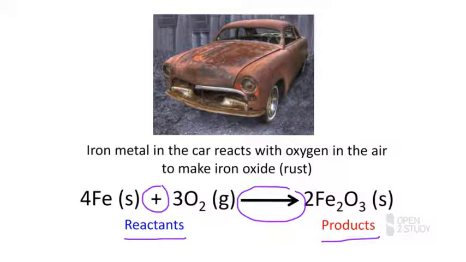When we're trying to describe the chemicals that are involved, we just use the molecular formulas that you and I have already spoken about in previous topics. So Fe, that's just iron atoms or pure iron metal. O2, that's the molecular formula for oxygen gas. And Fe2O3, that's the molecular formula for iron oxide. You may also have noticed there's some extra numbers in front of our chemicals here, these coefficients. They tell us how many of each atom or molecule is required in order to make this reaction work. So I need 4 iron atoms, 3 oxygen molecules, and that will give me 2 iron oxides